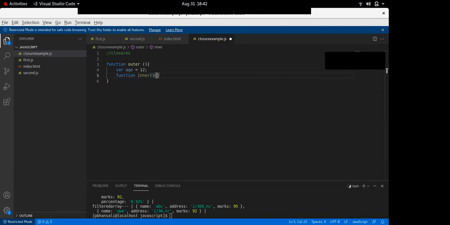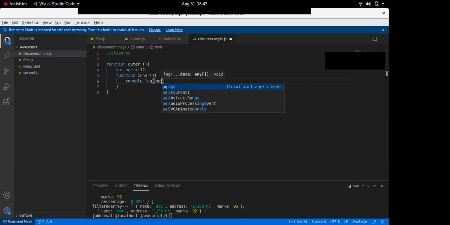And this function is using this variable from the outer function. So what is happening here?